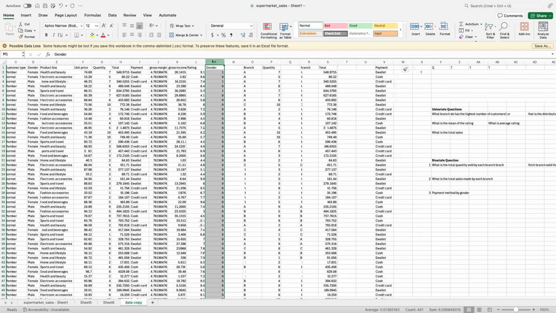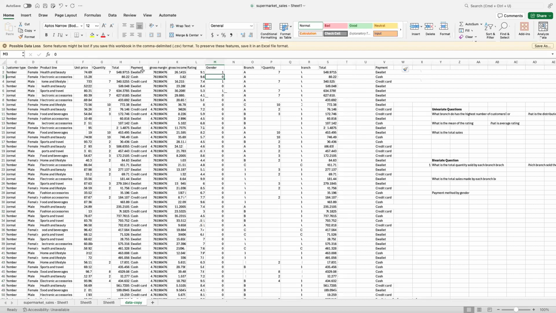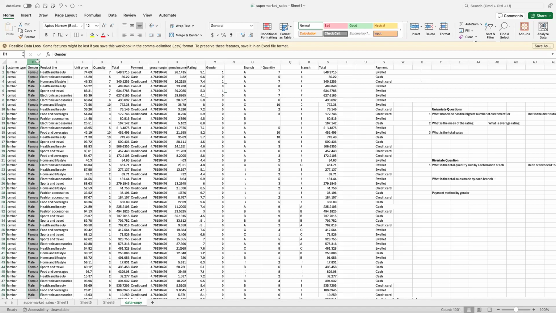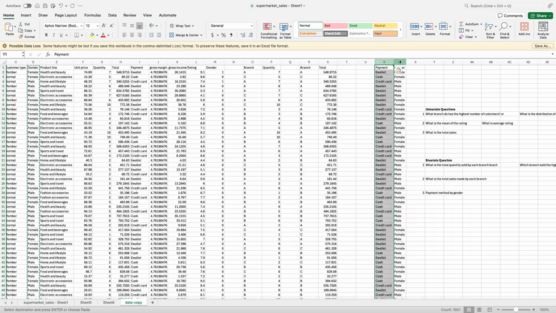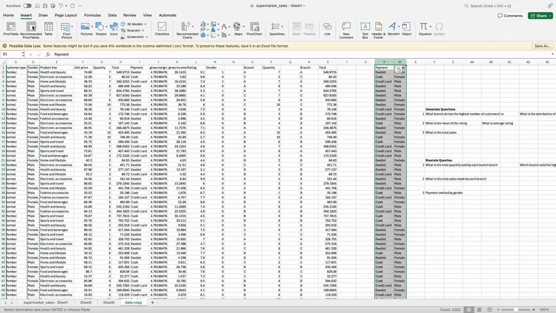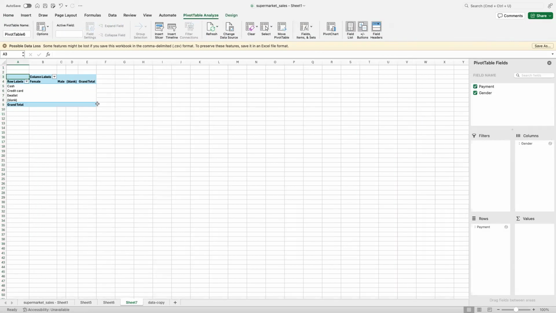Oh, by gender, it's going to be complicated because the issue here is that gender is even represented as 1 and 0, so Excel is going to see this as numbers. Let me use this one. Okay, it's not exam. So let's see how it works. Payment method by gender. I just wanted to use this recommended pivot by ourselves